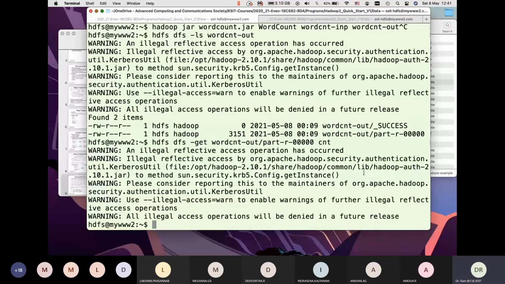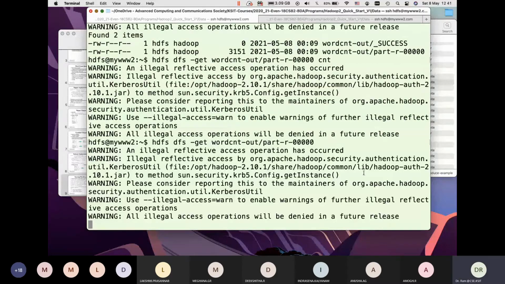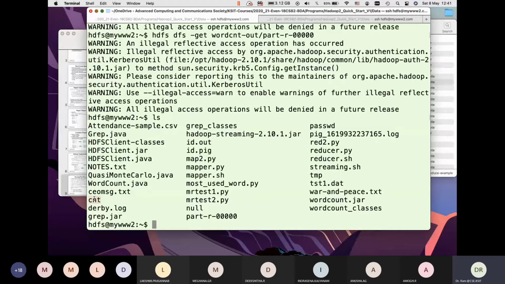I don't think, did I get the file? Let's see. I have the file here, also the file CNT, both are there. So copy with that name.